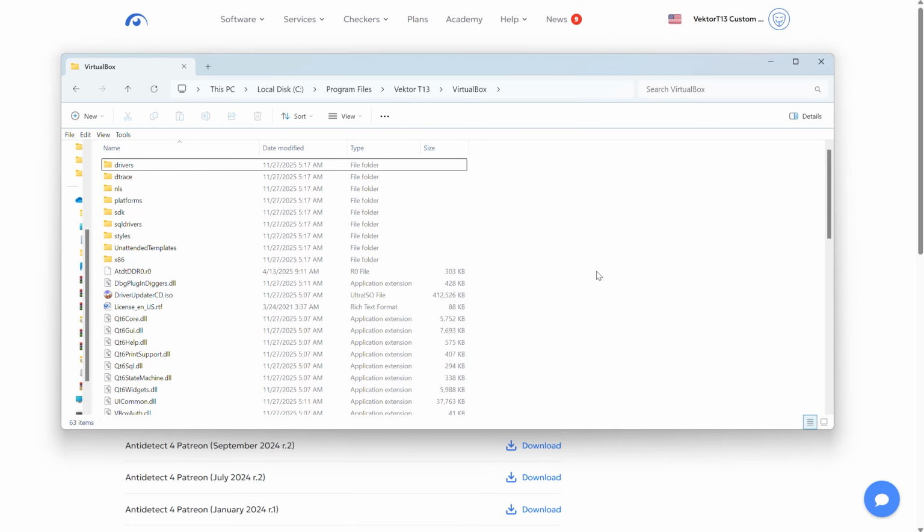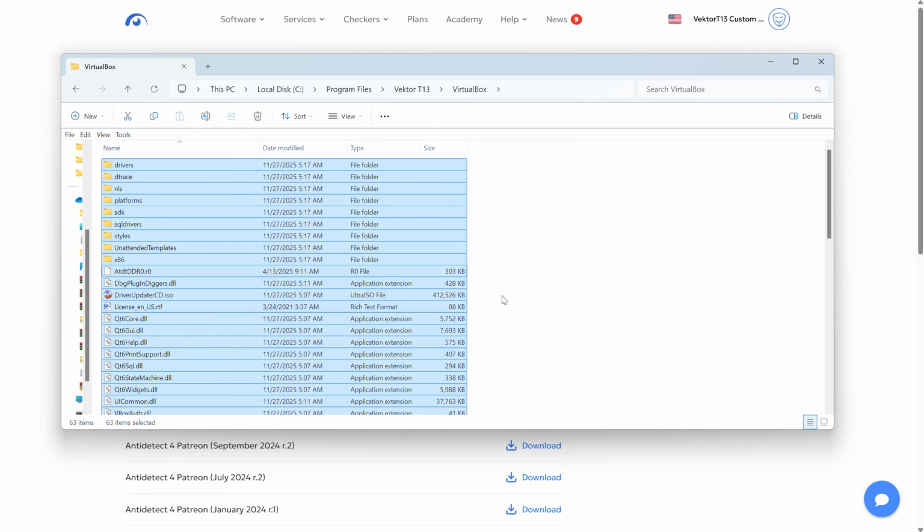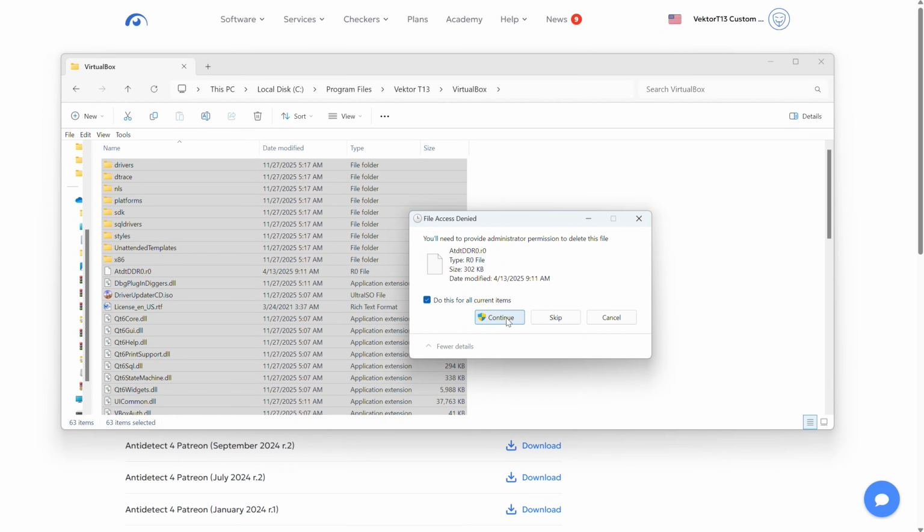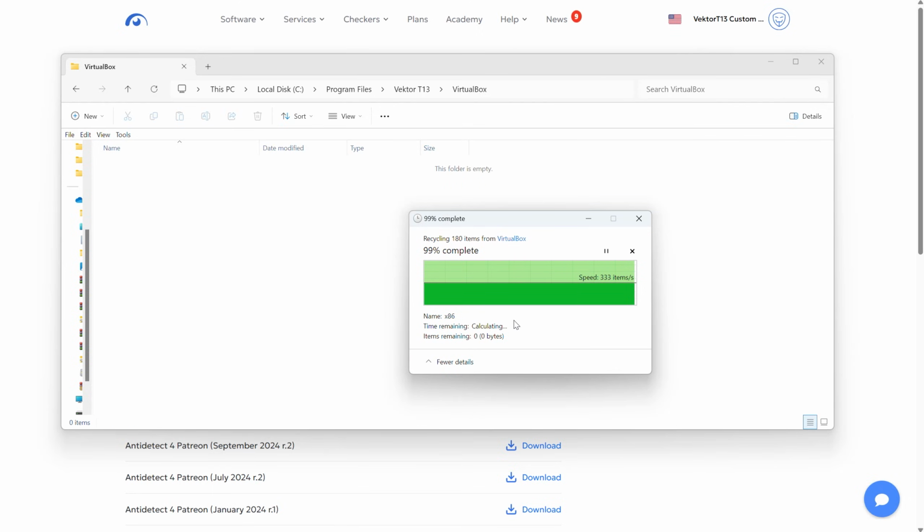But nevertheless, the files remained. This happens for many reasons. We will not analyze them here now in order not to increase the time of this broadcast. Therefore, I just draw your attention to the fact that before you update Anti-Detect, if you already had any previous version of Anti-Detect installed, delete all files completely. Alternatively, if you are switching from, for example, the personal version to the Patreon version to the personal version, or you are upgrading between personal versions, for example, then you may have problems. I recommend deleting all files completely.